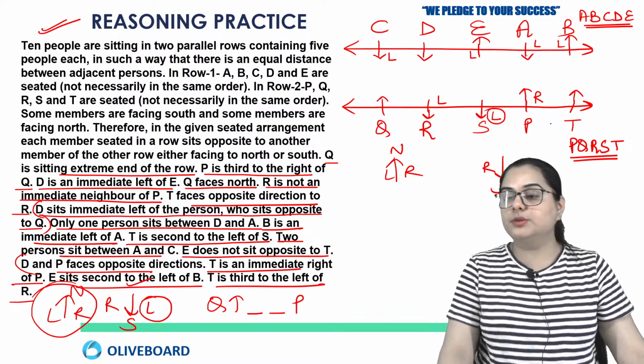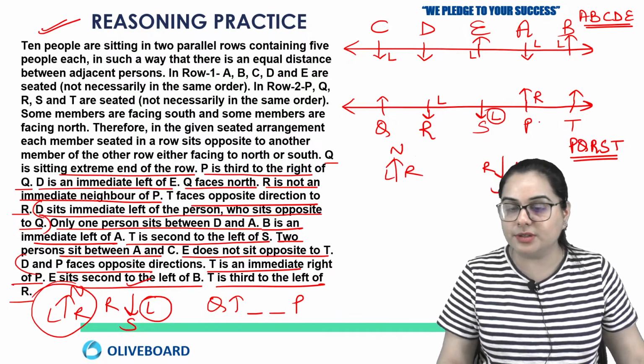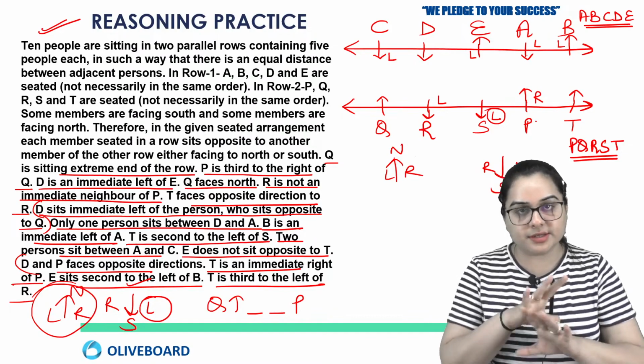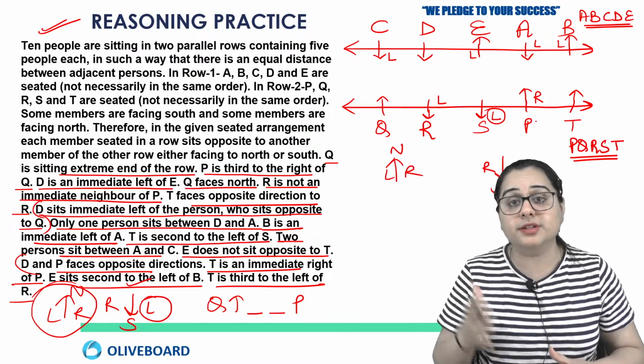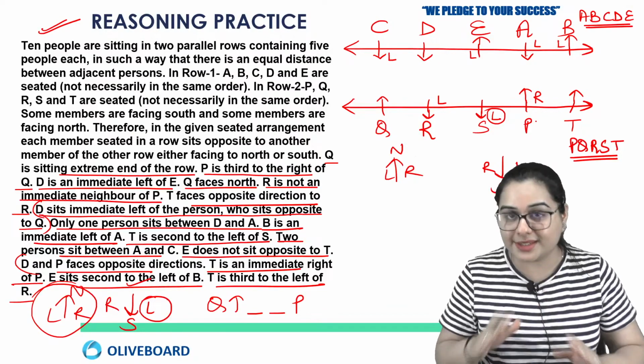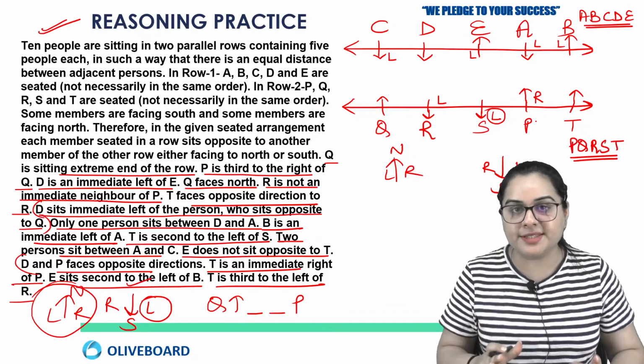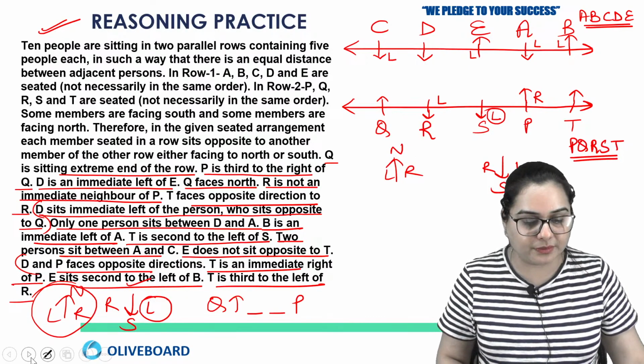So we are done with the whole solution. So I hope this is clear to all the students. Now this question just looked difficult because there was a mixture of north and south facing. Also there were 2 rows, but this question was not that difficult. It was very easy if you could have attempted. So I hope this is clear to all of you.